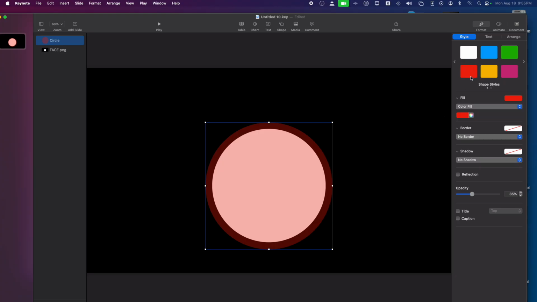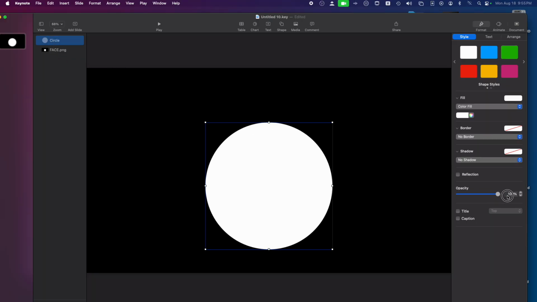Now we'll just turn this one white. And now we just turn the aspect ratio up. Okay, so now